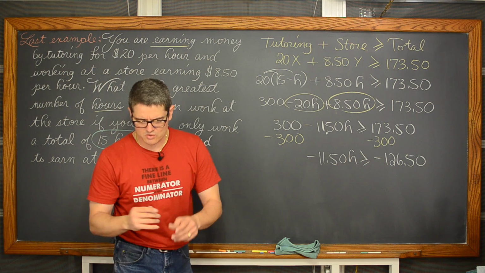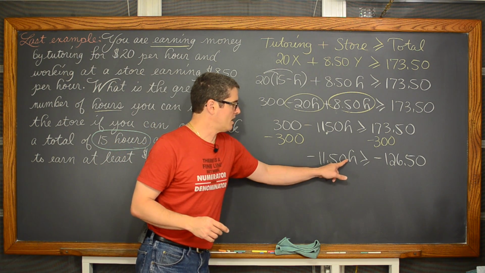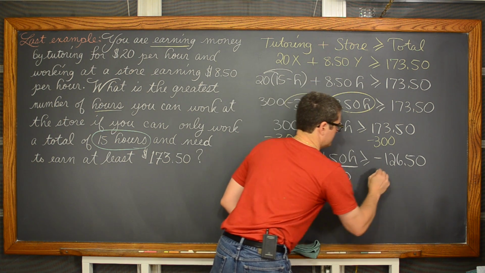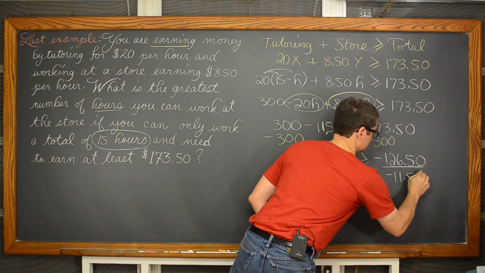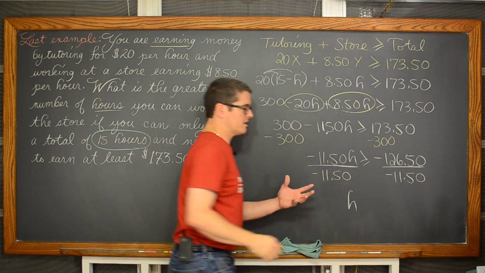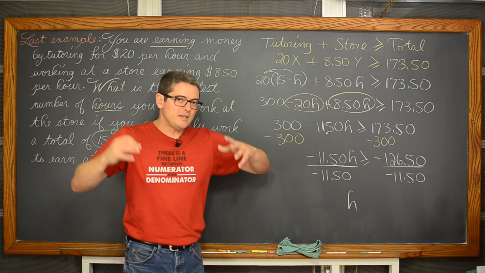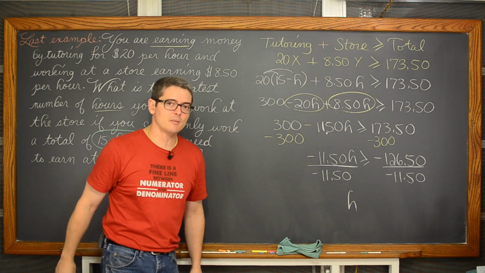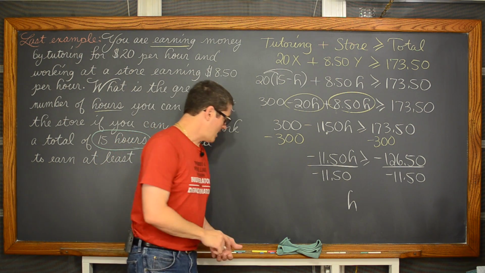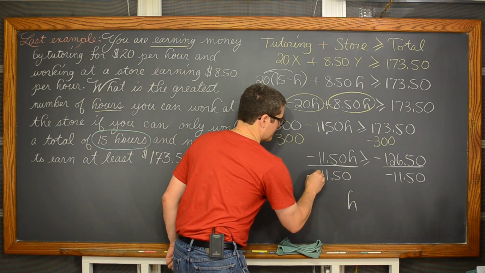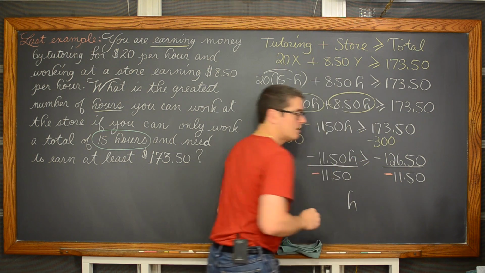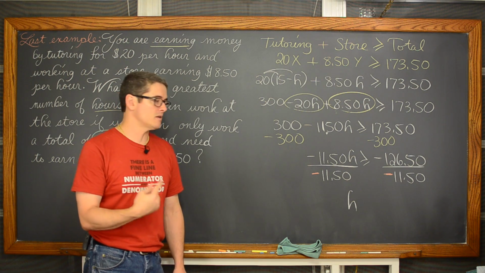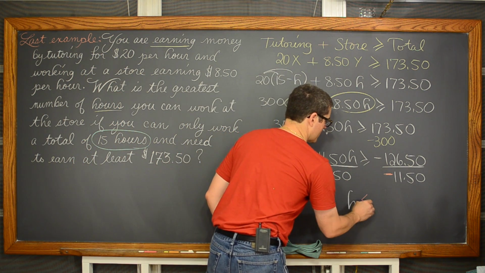And I just do want to make sure I didn't make any mistakes. Now we're going to undo that multiplication of 11.50. And we get h, and now we're getting to the last little bit. Again, this was supposed to be about just setting up inequalities, but then I thought, well, why set them up and never really solve them? This is the only issue with solving inequalities compared to solving equations. When you multiply or divide both sides of the equation by a negative number, you need to remember to switch the direction of the sign.